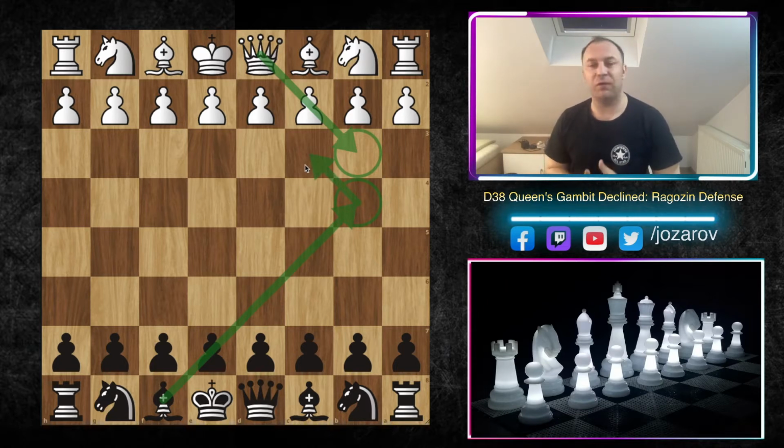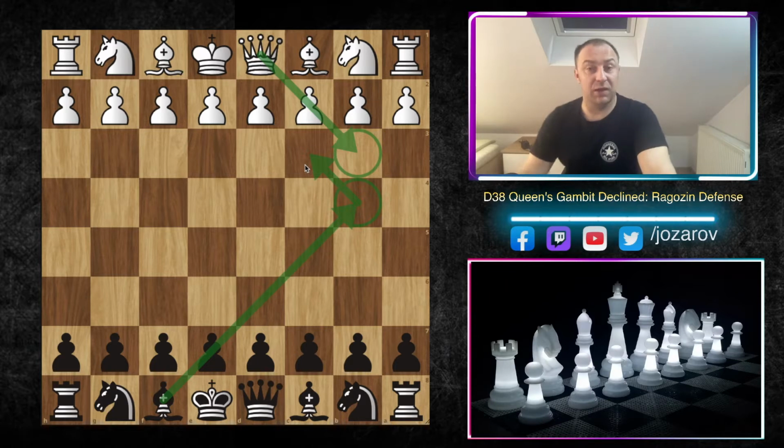game. So that's why you face many positional problems, and if you don't know what to do, you maybe lose the game positionally, maybe not immediately in a brutal tactical way, but your opponent could squeeze you in a great positional way. So that's why it's very important to know what to do and how to counterplay this Queen to B3 method. So let's check out now what is again the Ragozin Defense, what is then the new idea of